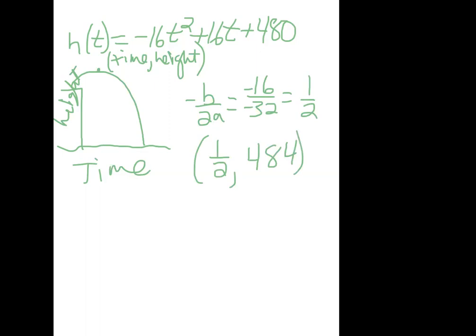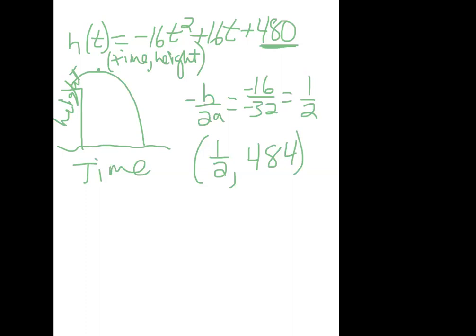Okay, and all of this makes sense, right? Think about it. You're jumping off of a cliff. So 1/2 a second to get to your highest point. Yeah, that's probably reasonable. If it was like 10 seconds, what do you have, a jetpack on? That wouldn't make any sense. So 1/2 a second, yep. And if you plug in 0 for t, so when you start, you were starting at 480 feet up. So to get to 484 feet, you jumped up 4 feet. Yeah, I couldn't do it, but apparently Jason could jump up 4 feet. I'm assuming he has a running start. So all of this seems reasonable.